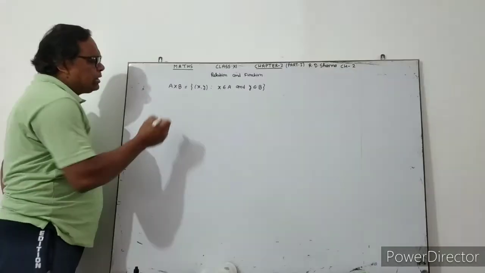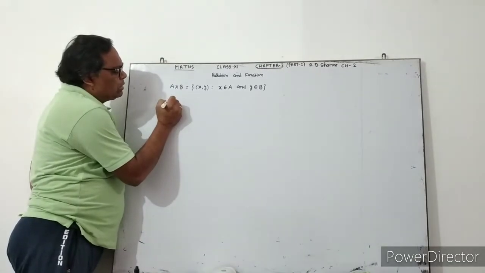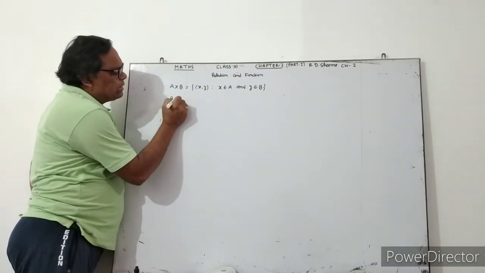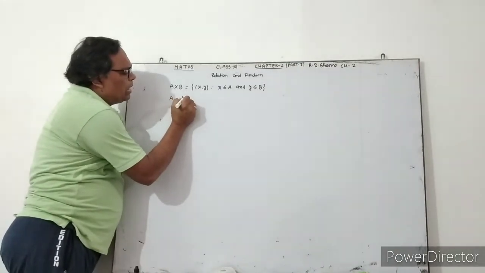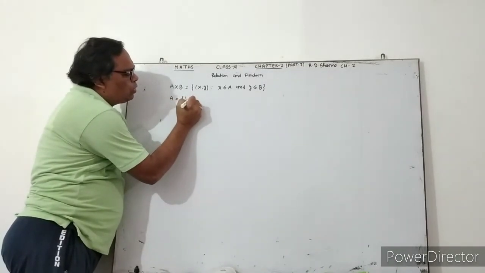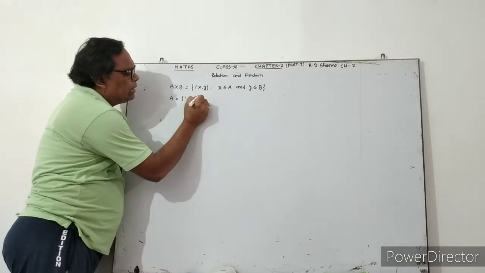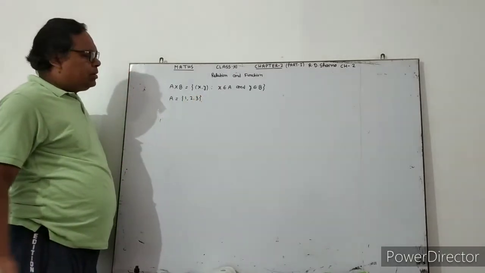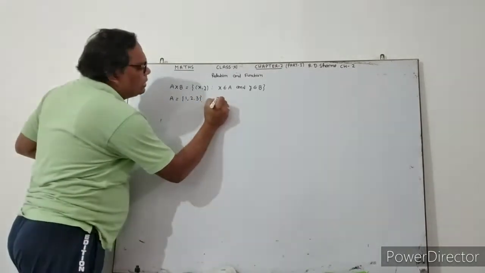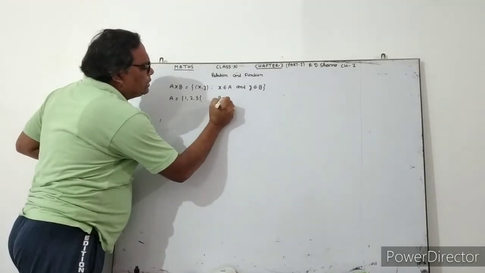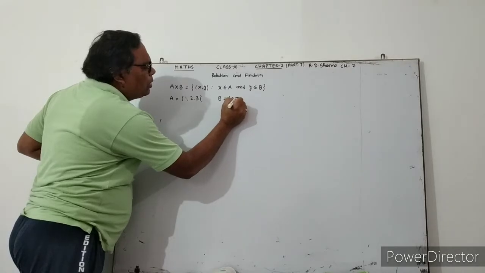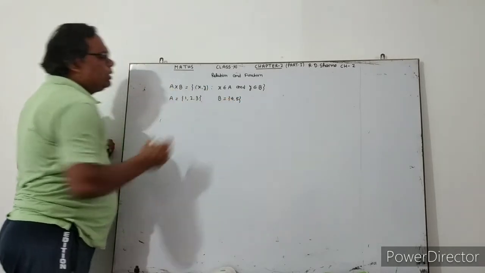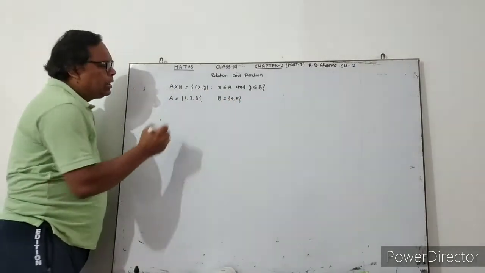Suppose A is the set with elements 1, 2 and 3, and B is the set with elements 4 and 5, then the Cartesian product